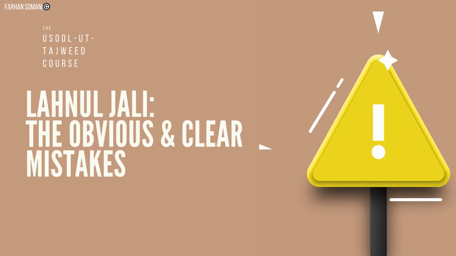This type of mistake occurs in the makeup of the word or in the letters. That is, the reader pronounces the letter ta as ta or ta as ta. So ta is the heavy one, and Lahnun jali is pronouncing it as the light one. The mistake can also occur in the harakat, in the vowels, where one haraka is read as a completely different one. For example, changing a dhamma into a fatha or a kasra, or changing the fatha to a kasra or a kasra to a fatha.